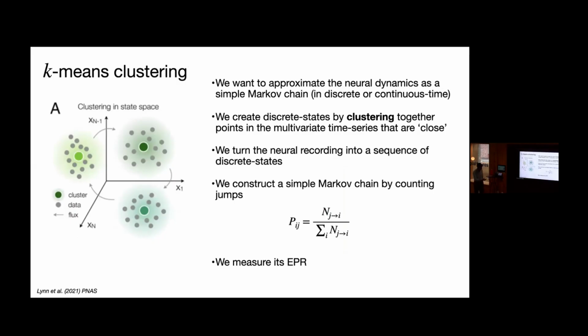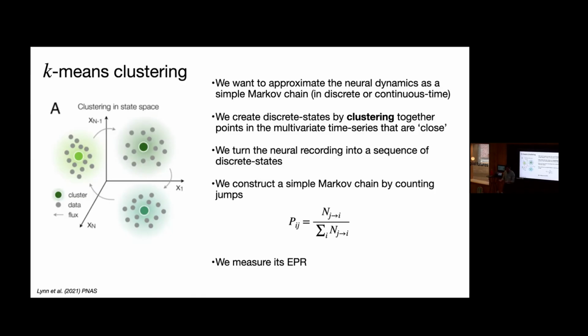So this original paper in 2021 used a very, very simple method, and it's actually quite coarse. They wanted to build a Markov chain, either in discrete or continuous time, with discrete states from neuroimaging data. And so all they did was take their data, treat it as vectors in a high-dimensional space. So this is 100 regions in fMRI data, and just cluster it with k-means clustering. This gives you basically discrete states, depending on which cluster the activity is in at that time. And then all you have to do is infer the probabilities of transitioning between clusters.